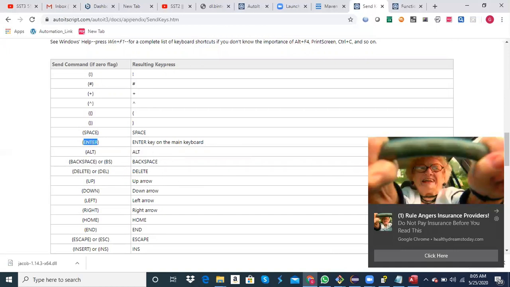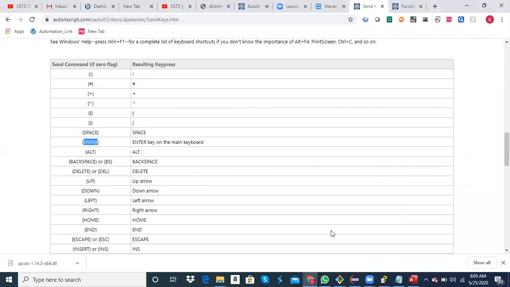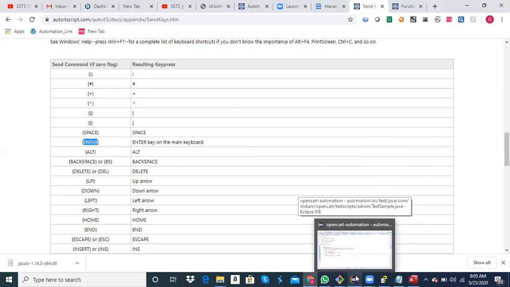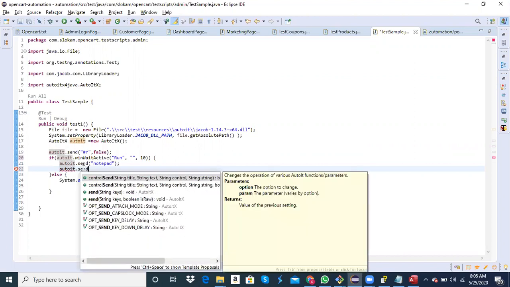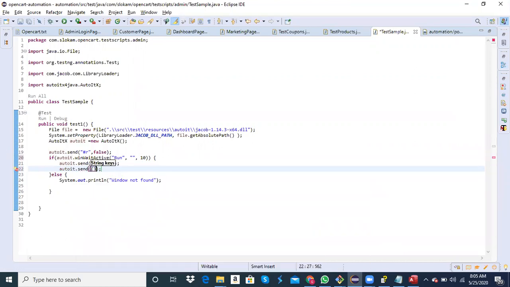So AutoIt dot send enter. We'll see whether it works or not.